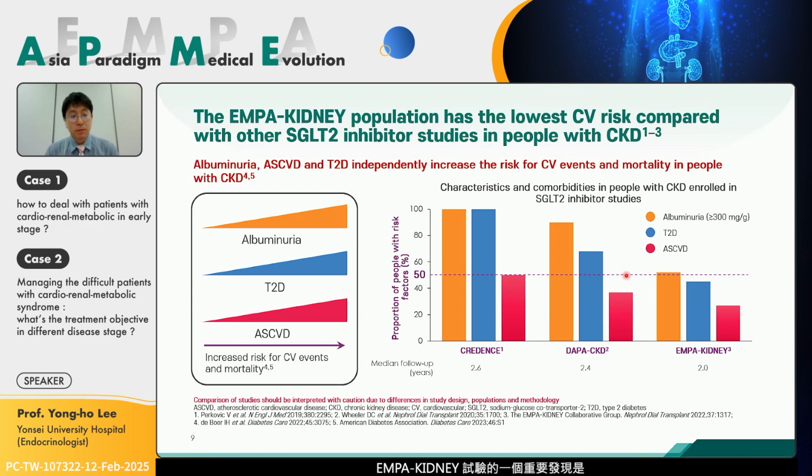Another important point from the EMPA-Kidney outcome trial is the population characteristics. Different from CREDENCE or DAPA-CKD, EMPA-Kidney participants were a little less severe. You can see the albuminuria, type 2 diabetes, and ASCVD rates were slightly lower compared to the baseline characteristics of other clinical trials, which indicates these are patients more similar to those we see in real clinical settings, because a lot of endocrinologists see less severe patients who are not already diagnosed with ASCVD or heart failure,